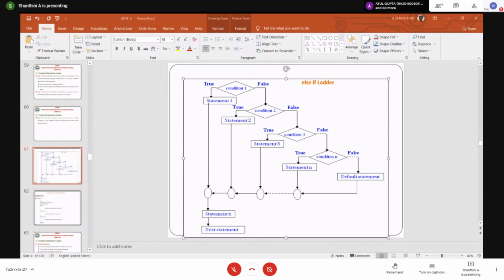The grade of the student. We are going to print the grade of the student. For that, I need to get the marks. So I declare an int marks for getting it.